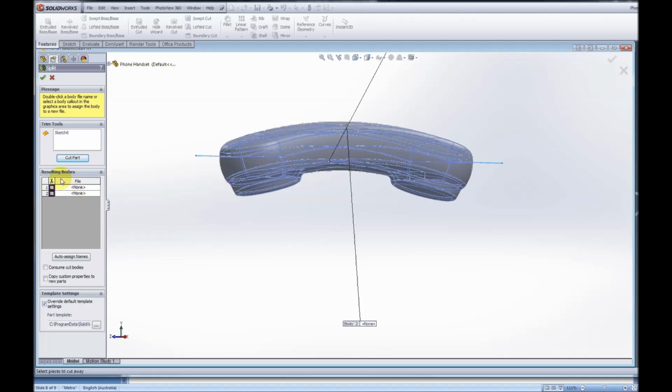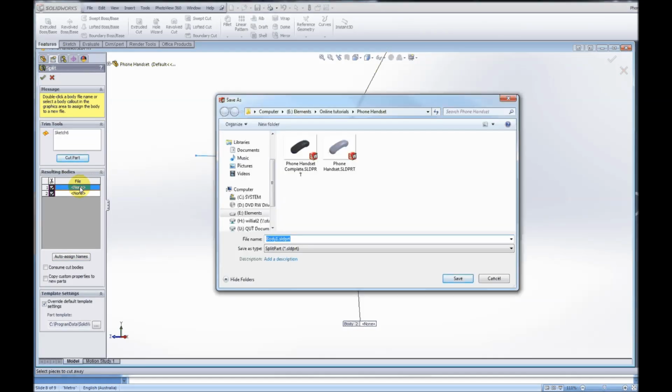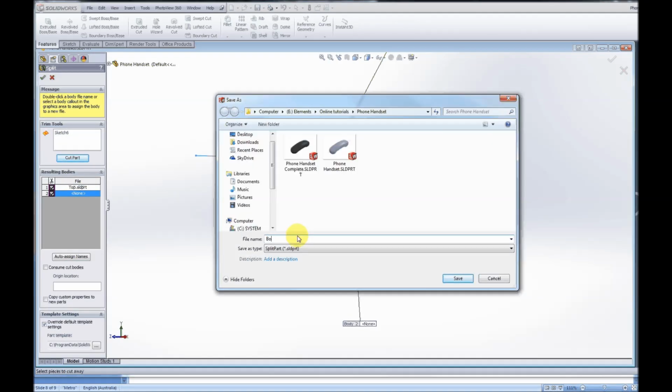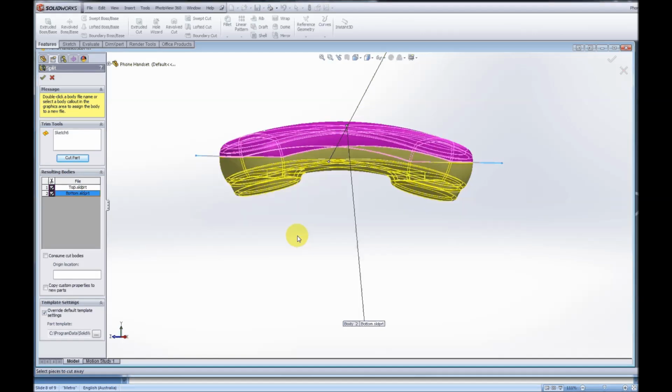Now this results in two bodies. We can select those two bodies, and next to it there's a place called File. If we double click on that, we can create two separate files made from those two solid bodies. So if we do the top one, we'll call that top, so save as, and the bottom one we'll call bottom, hit OK,